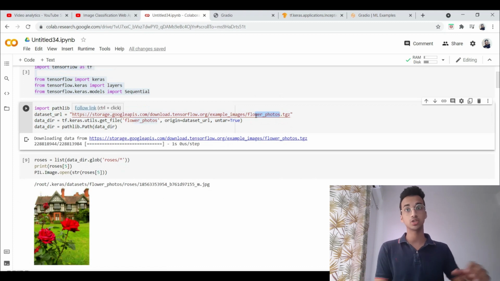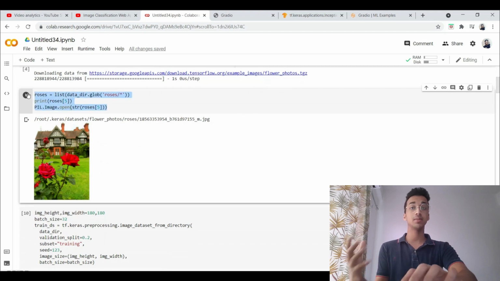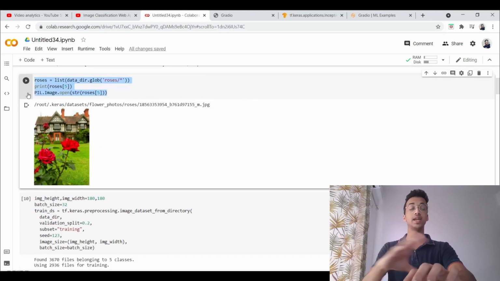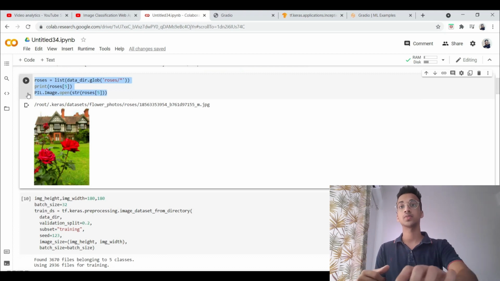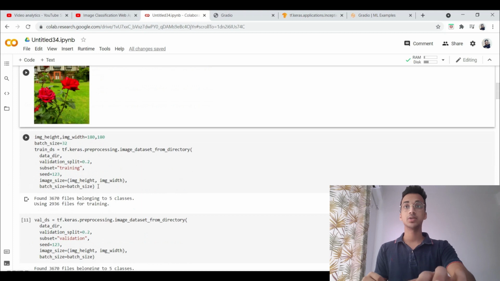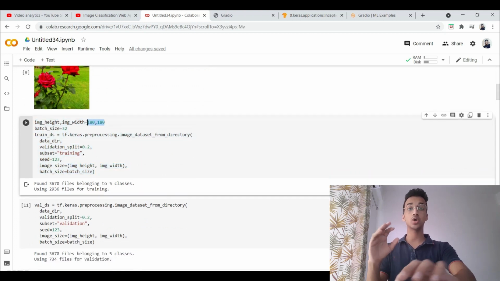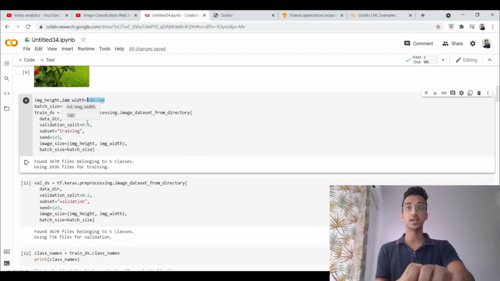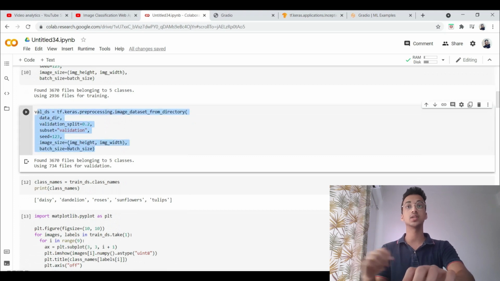We start off by importing the dataset of flower photos, which has been made publicly available by TensorFlow. And over here, I'm just plotting it. Again, I'm going fast with this because I've already explained everything about this. I'm just going to focus on the part of comparing models. Over here, we are getting images from the directory, specifying the image dimension 180 by 180. Make sure if you're using a different deep learning model, you specify the image dimensions correctly. And here I'm creating a validation subset of 20% of the original data.